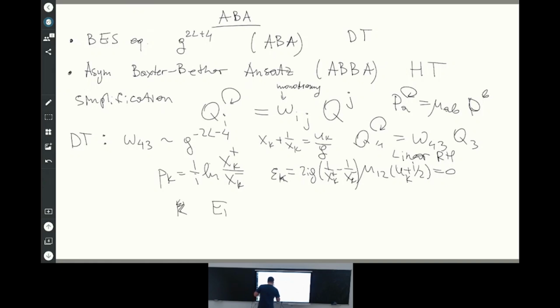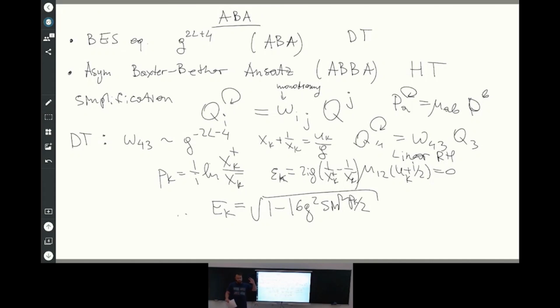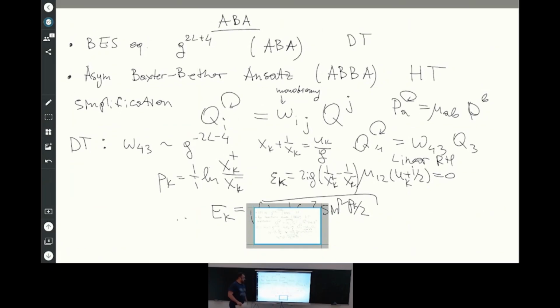Ek, 1 minus 16g squared pi over 2, right? Which you can actually derive by diagrams, and this was done around 20 years ago. So you can find the dispersion relation just by considering magnons, which are flips of some scalar, some defect in the scalar, c of z to the l. So that's what happens in the Beisert-Staudacher equation. This is the simplification. Omega is huge. Then you get a linear Riemann-Hilbert problem, and then you immediately get to the physical things such as the dispersion relation